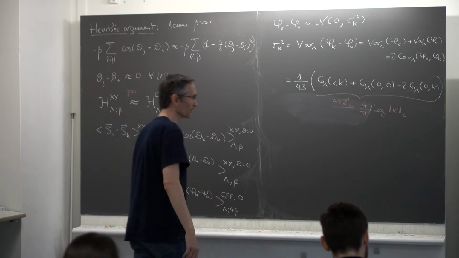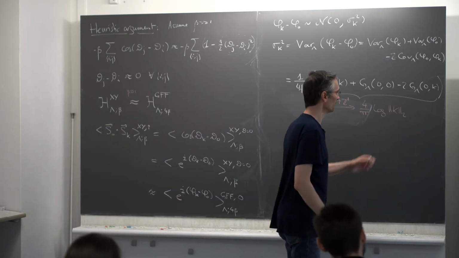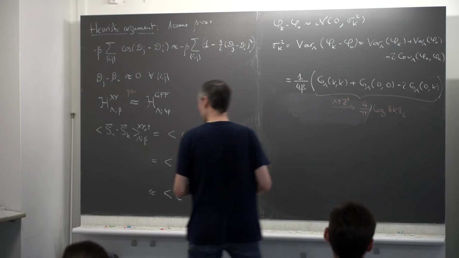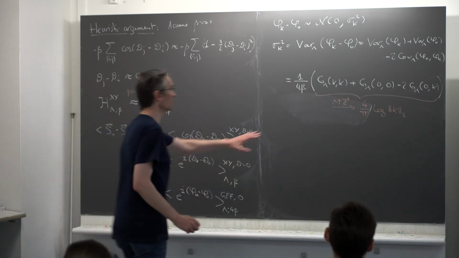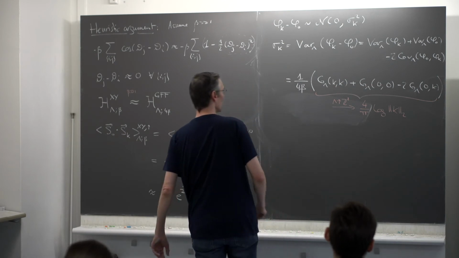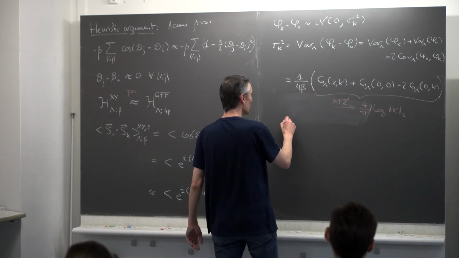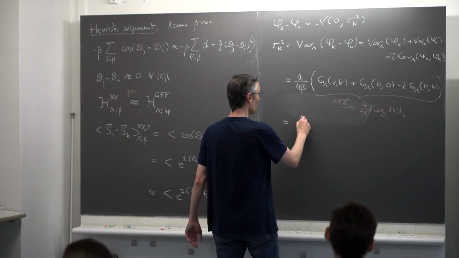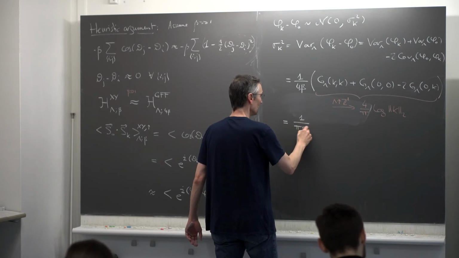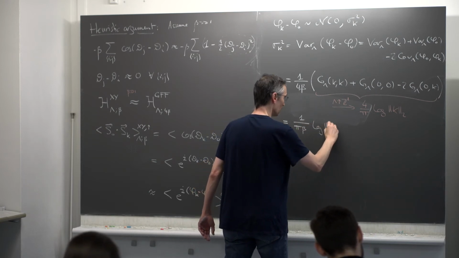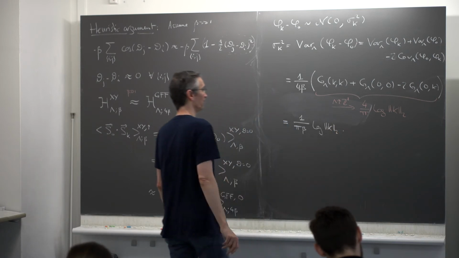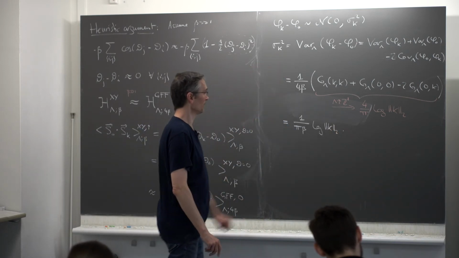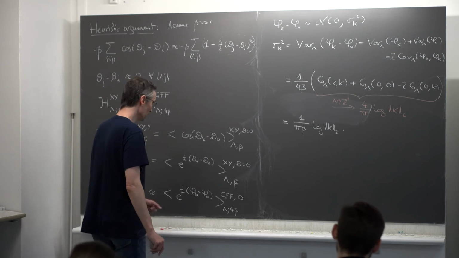Some computation using random walks, classical things, discrete potential theory if you want. So this you can compute, and you get this kind of result. So we get in the end 1 over pi beta log of k, okay, for the variance. Now, that's not what I'm really interested in.